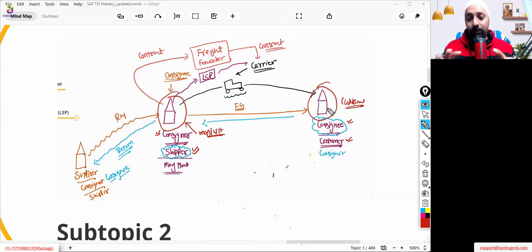I'm telling you these terminologies because when you go into consulting and you don't have a proper transportation background, you would have a problem. They would be talking about consigner, consignee, freight forwarder, LSP, and you would be confused. Like, what is that? And I have seen when I did the transport management